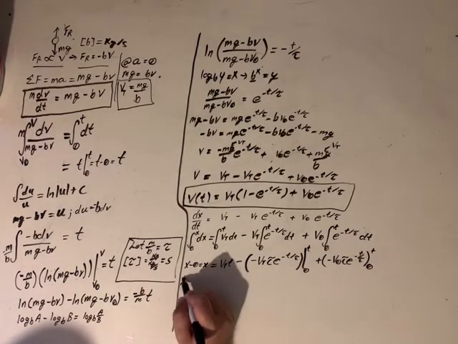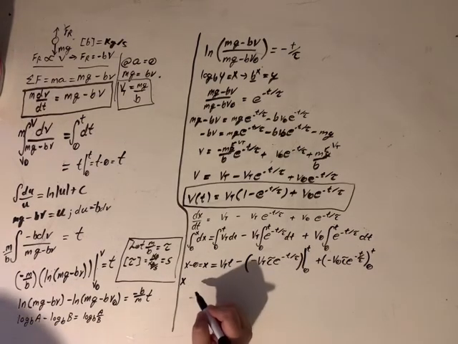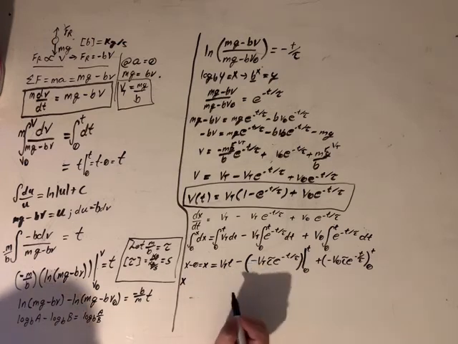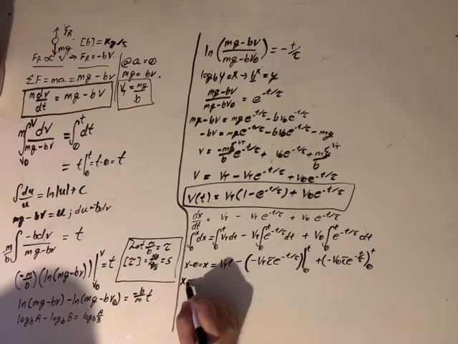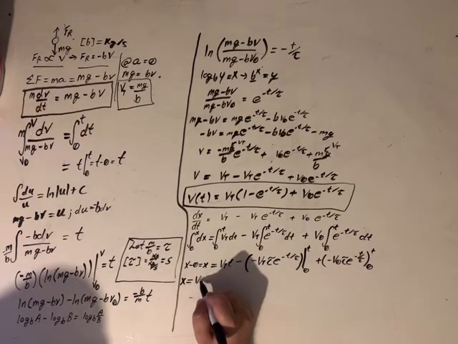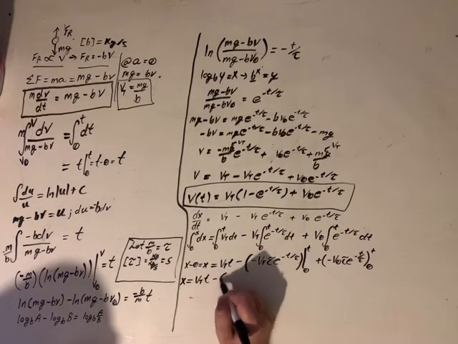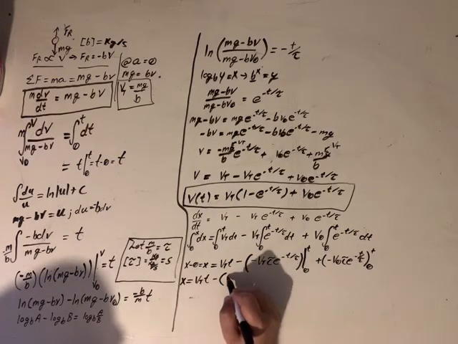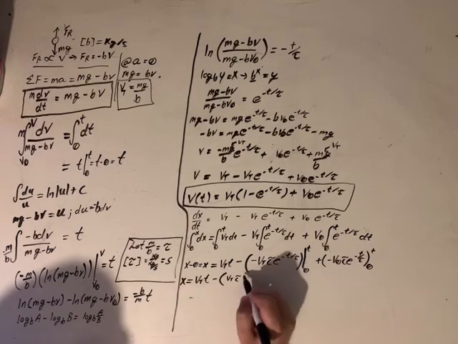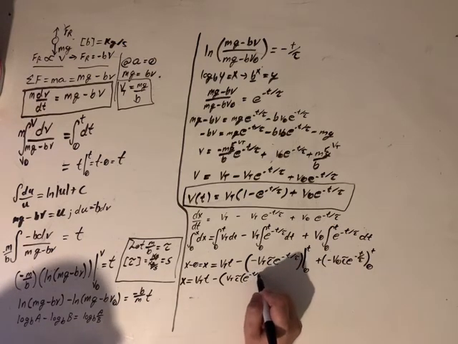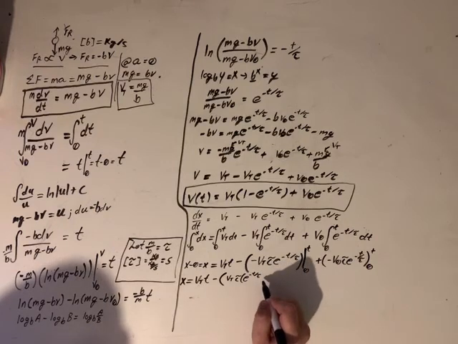So again, it's just trying to go through this and not mess up the algebra at this point. So x equals v_t times t minus v_t tau e to the negative t over tau